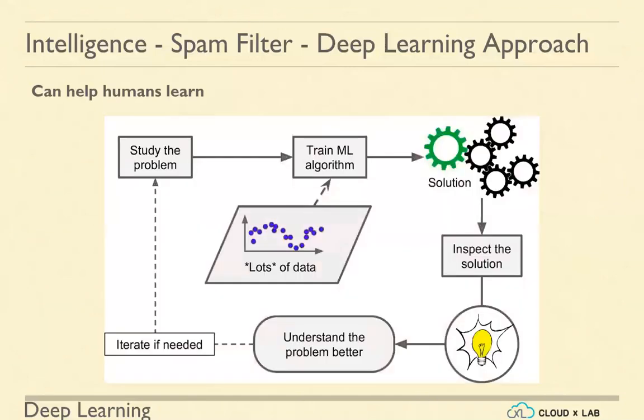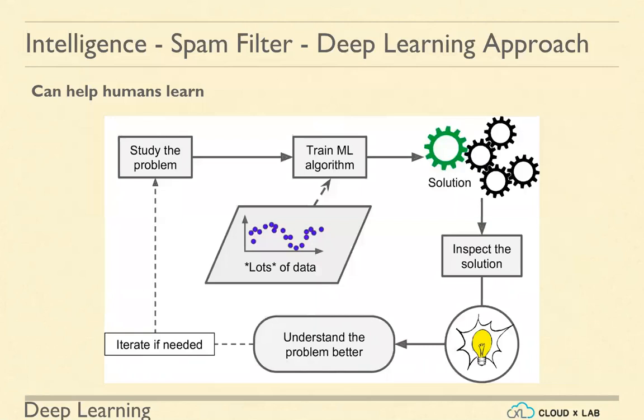The machine learning models can help us learn more about the data in more meaningful ways, because the rules that the system infers, we can take a look at and understand that, oh, these are the words, or these are the criteria on the basis of which